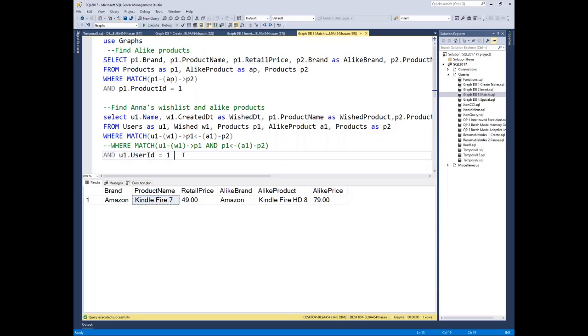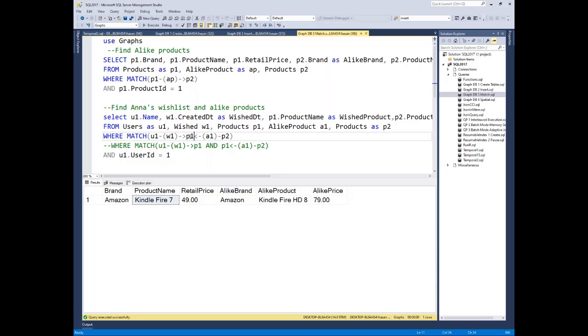So as I said before, match can get as complex as you want. So in here, what I'm doing is I'm using a bunch of tables here, users, products. What I'm really doing here is looking at the user's wish list. And if any of the items might not be available, then I can actually show them what is the alike product in that wish list. So I'm going from the users table to the product table by the wish table. This is going to give me the wish list. And as you can see,